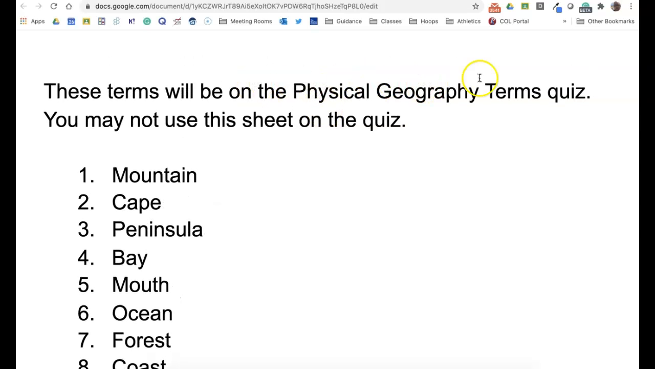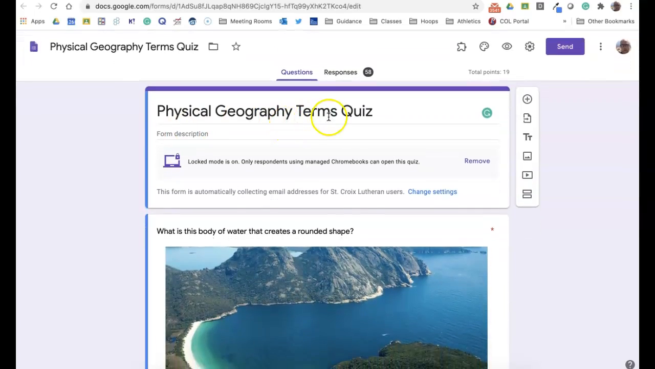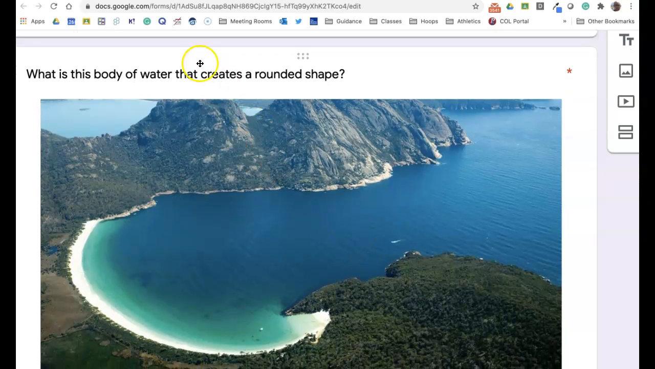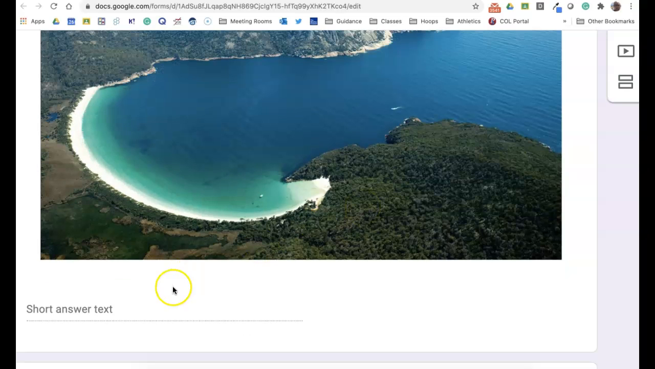So, a couple of things I want you to notice on the top. These are the terms that are going to be on there, and you may not use this sheet on the quiz. The quiz will be using Google Forms, and it will look kind of like this. There we go, Physical Geography Terms Quiz. You will see a quick little definition, and then you'll see a picture, and then you'll have to type in